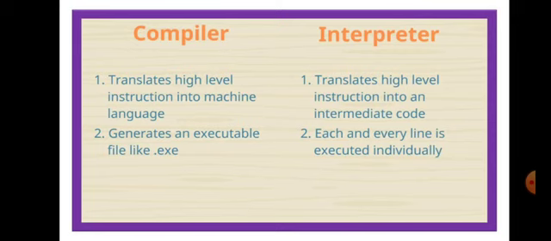The translation of the high level language into the machine code is avoided. So no compilation step is there for the interpreter. Number 1, no compilation step is involved in the interpreter. Number 2, it executes line by line. Number 3, since it is executing line by line, the process speed is slow. And number 4, it is platform independent. We will see what is called platform independent in the forthcoming slides.